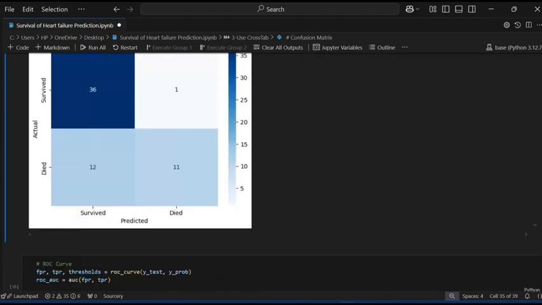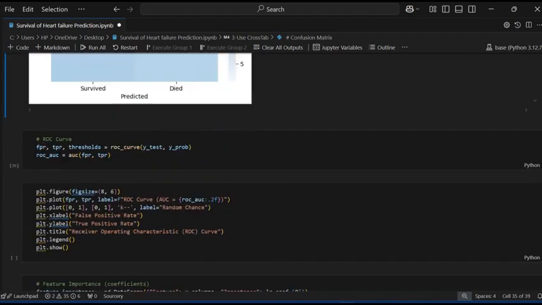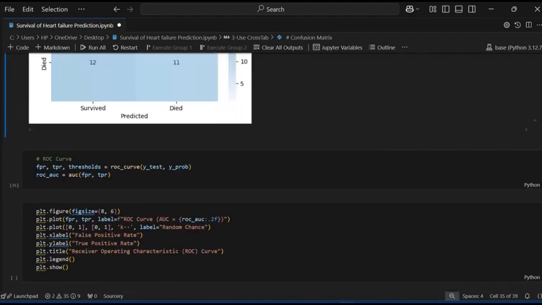Okay. Now the next one is the ROC, also used for the visualization. It is a visualization model that performs different types of classification and threshold plotting of the true positive rate against the false positive rate.